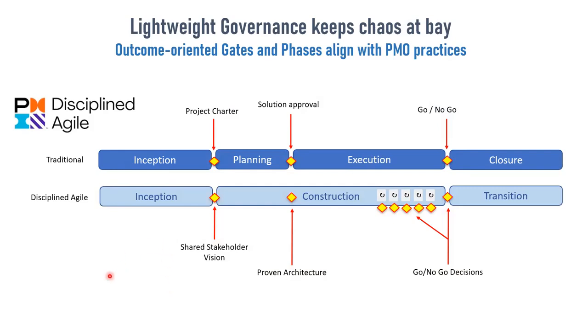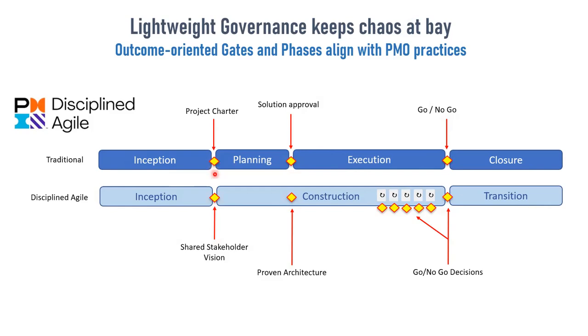At any rate, Disciplined Agile recognizes that there are phases in Agile. You need to get a product together. You need to build it. And you need to get it in front of your clients. This happens to correspond with the same sort of phases that a waterfall sequential approach takes, except that planning and execution are together in construction.